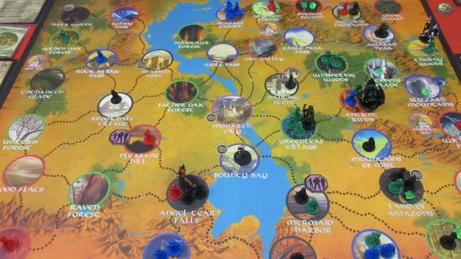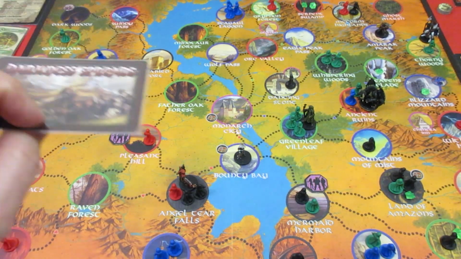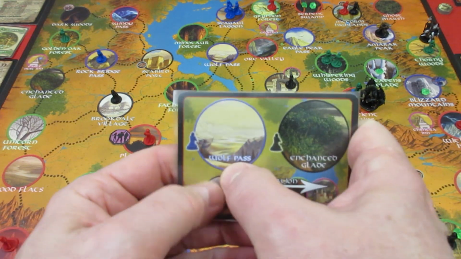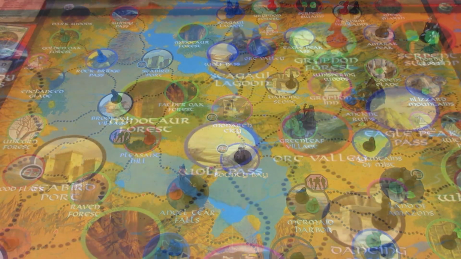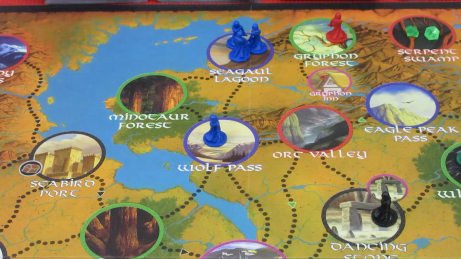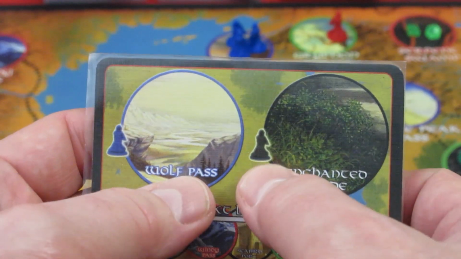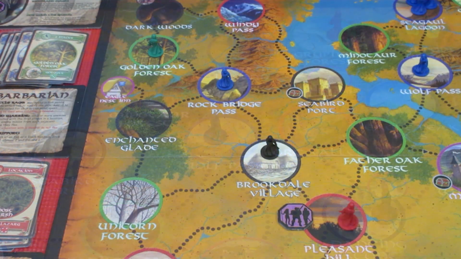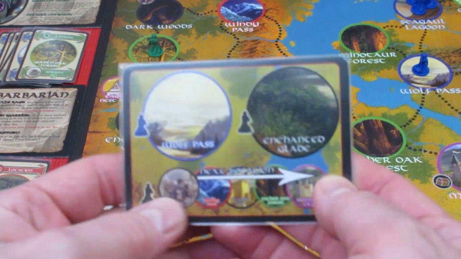All right, that was her 2 hero cards, and now, yep, the first Darkness Spreads card is going to be minions and movement, general movement. Wolf Pass gets a single Dragonkin. And Wolf Pass is not way up north, but up north next to Orc Valley. All right, that was our first minion, and then at the Enchanted Glade, we're going to get 1 undead minion. And the Enchanted Glade is just north of Unicorn Forest. It's going to get 1. That's not bad. And now for general movement,